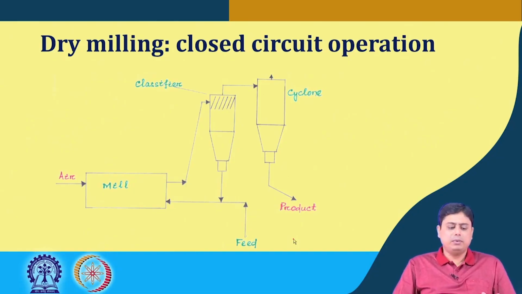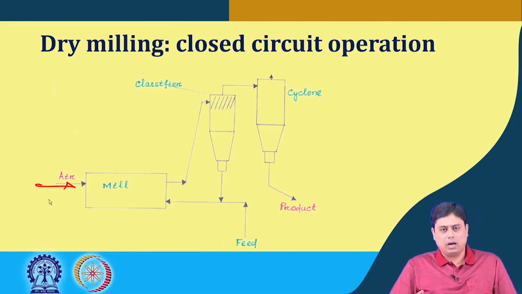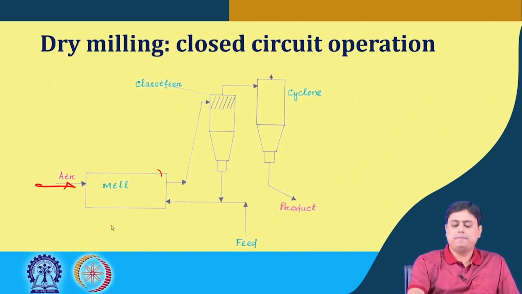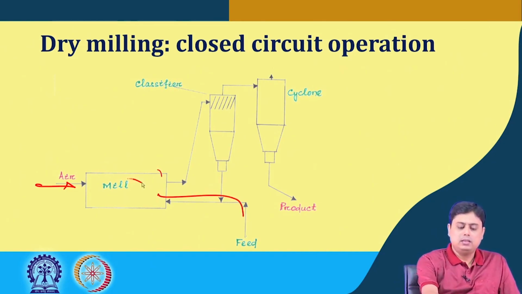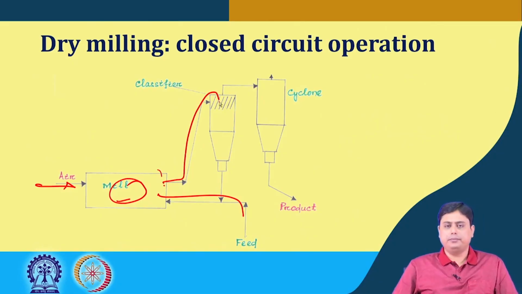So, here in dry milling, either air or some other gaseous carrier medium is used. It takes the feed to the mill. Then it is ground in the mill or crusher, then it goes to the classifier,